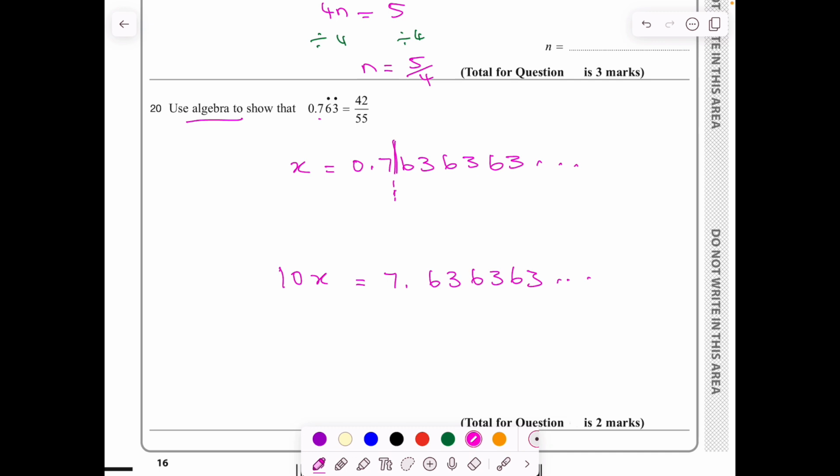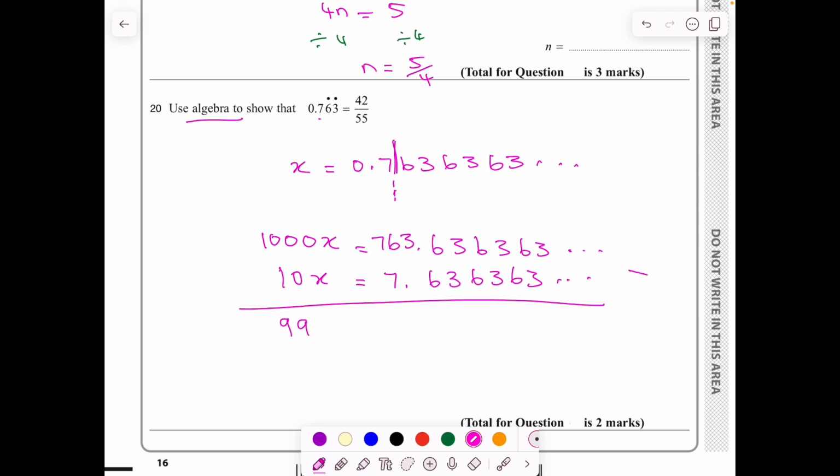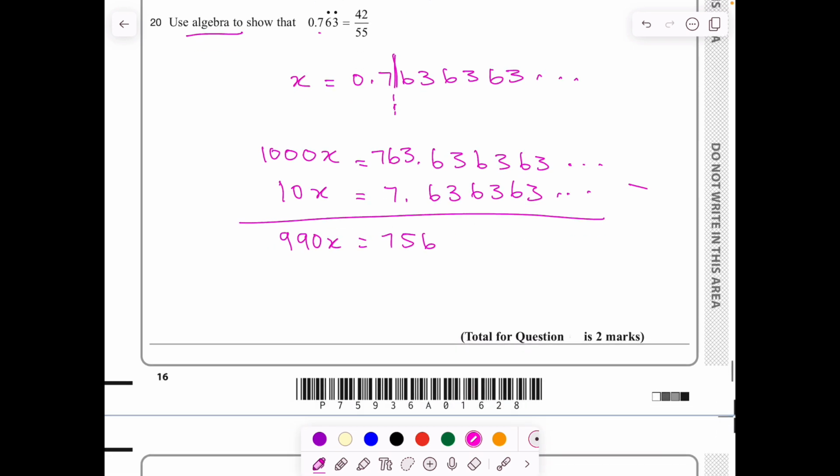Then I need another one where the 63 only occurs after the decimal point. So I'm actually going to multiply by 1,000. So I'm going to find 1,000x. If I times it by 1,000, I get 763.636363, and so on. I subtract the two quantities and I get 990x is the same as 756. I divide by 990 to get that x is